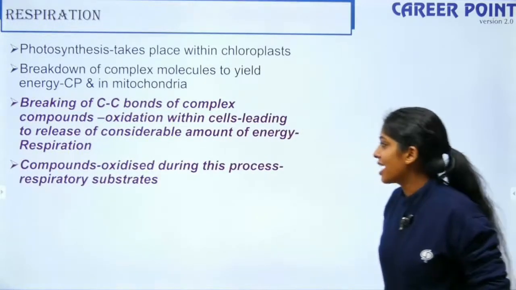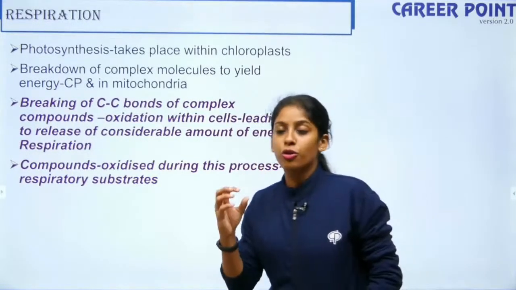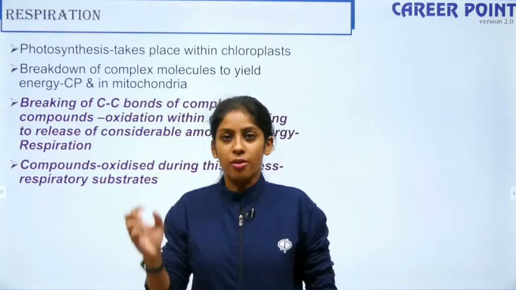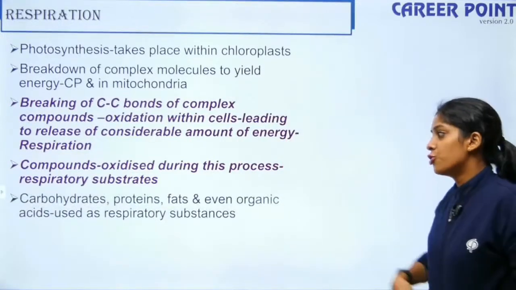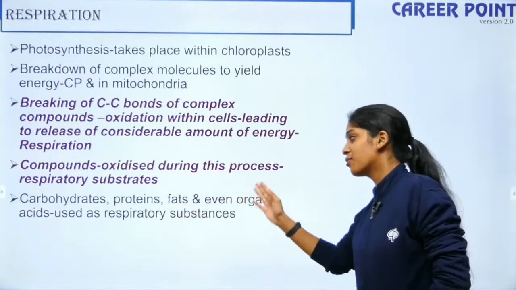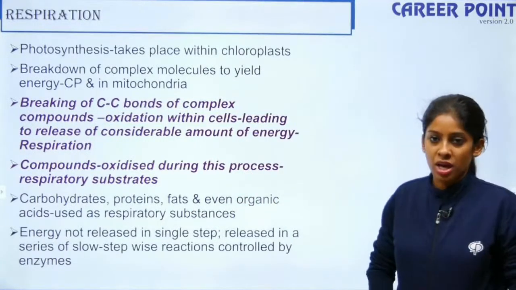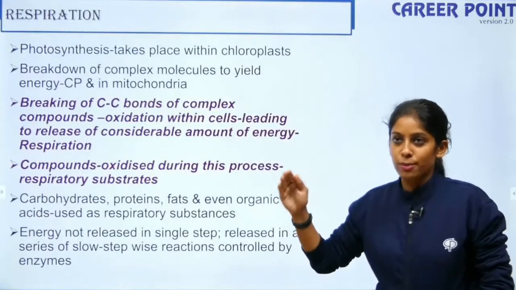Compounds that are oxidized during this process are known as the respiratory substrate. Photosynthesis produces glucose, and here glucose is being broken down, right? So glucose is the respiratory substrate. You can have carbohydrates, proteins, fats, and even organic acids used as respiratory substrates. Energy is not released in a single step, but in a series of steps,